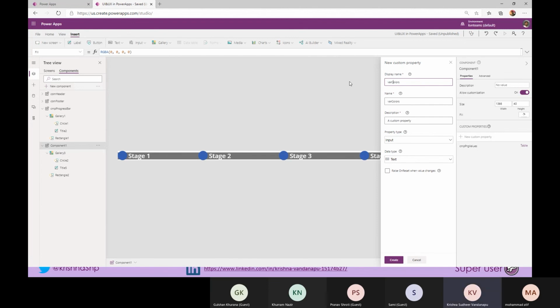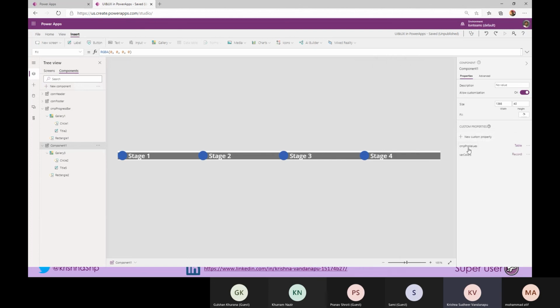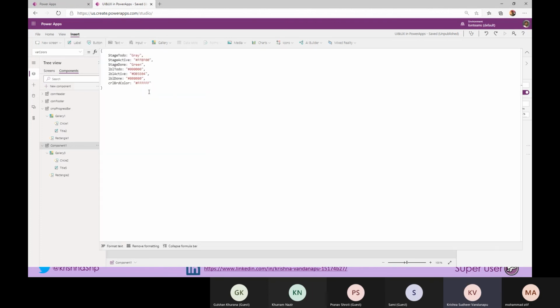Always follow best practices: if it is a variable, create it as a var, so that you know whether it is a variable or an inbuilt property. What I'm doing here is creating what the stage is, what color it is, and what the label color should be. So I will know which is my current stage.